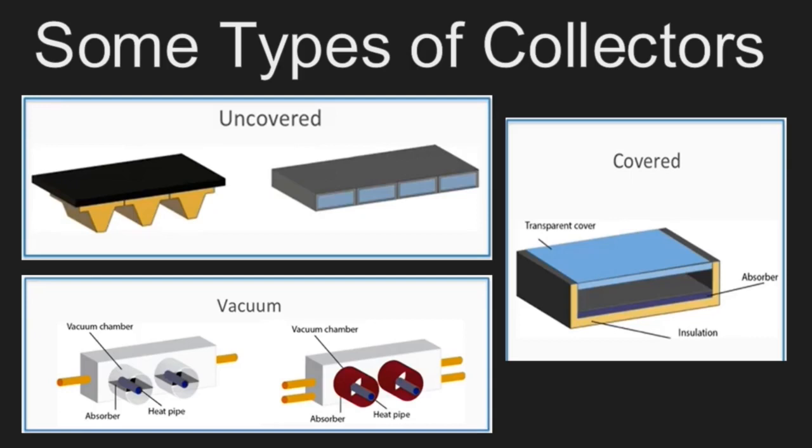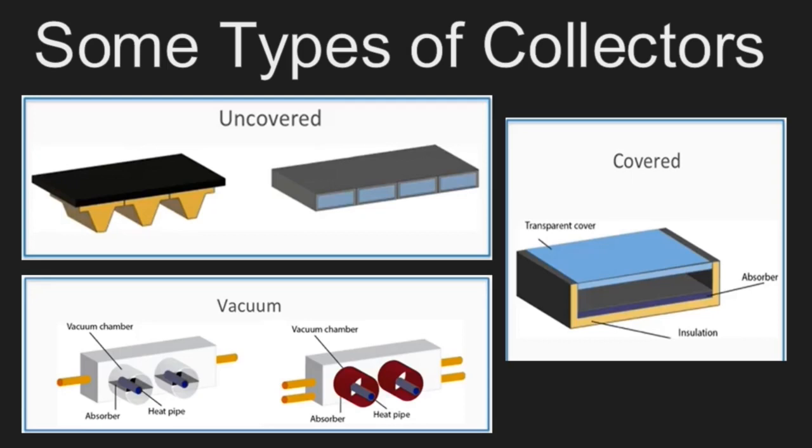Talking about the second type, that is the covered solar plate, the solar heat collectors. So basically a transparent material is used to cover the plate, providing extra insulation, thus preventing the energy losses due to convection. But again, it has a lot of reflection losses due to the transparent cover as well.